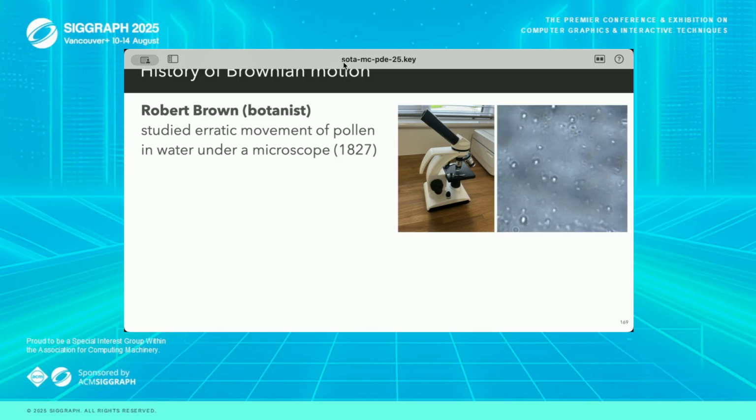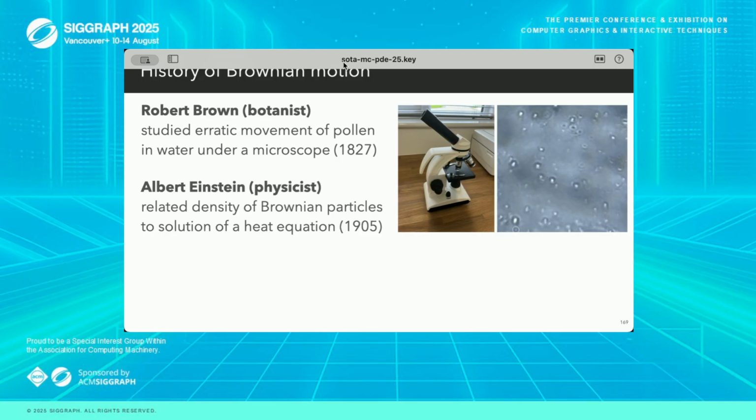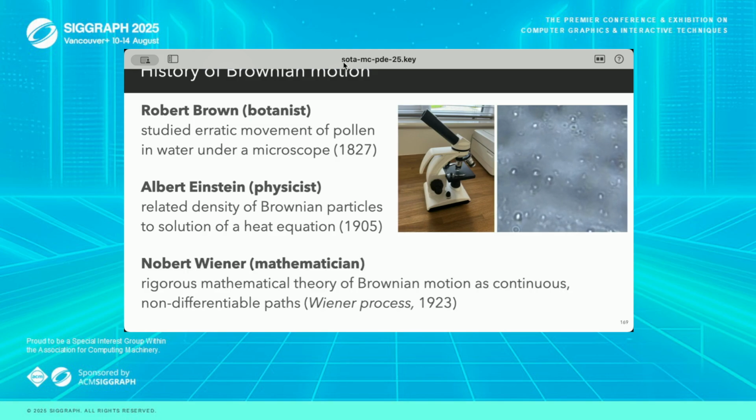In the early 1900s, Einstein then related this random motion of Brownian particles to the solution of a heat equation and its steady-state counterpart, the Laplace equation. And then in 1923, Norbert Wiener provided a rigorous mathematical framework for Brownian motion. The random process he described is now formally known as a Wiener process, and it's a key concept in probability